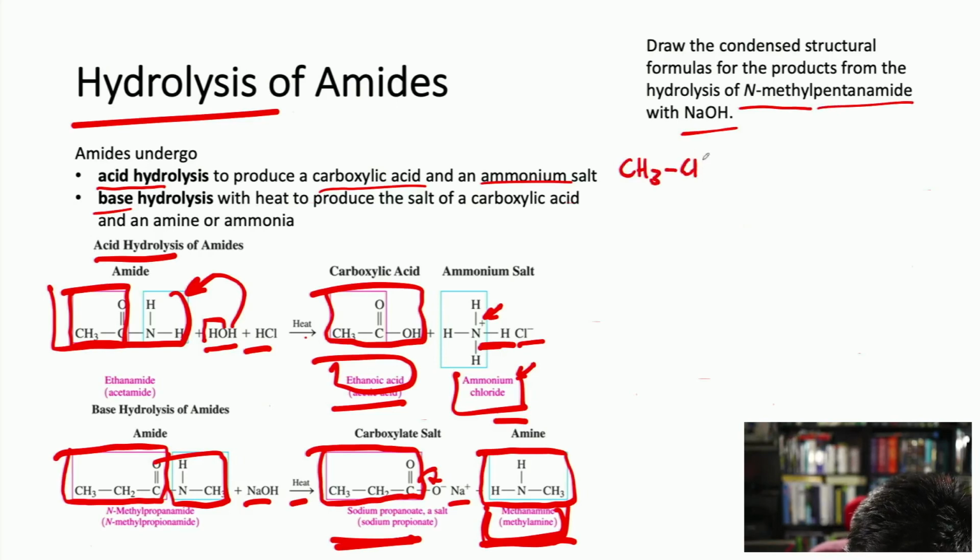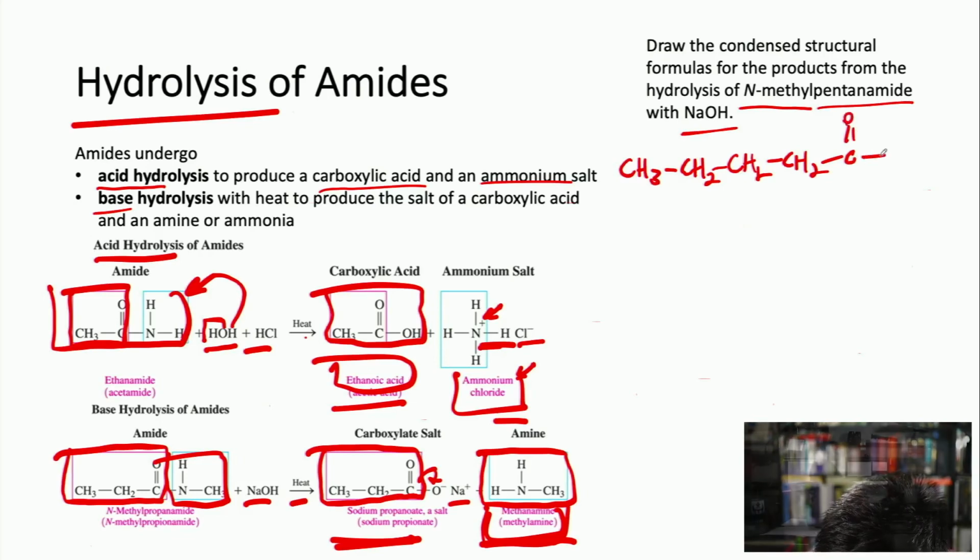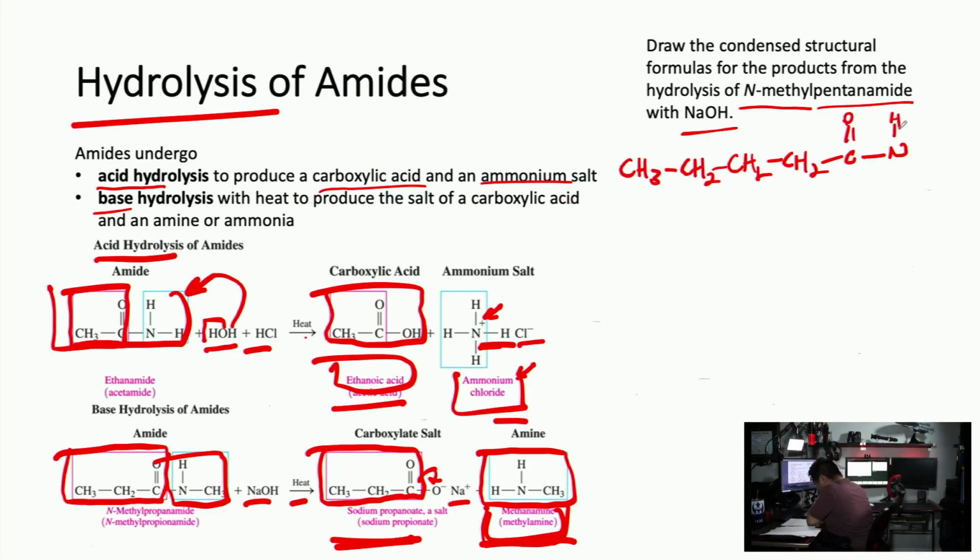CH3, CH2, CH2, CH2. How many is that so far? 4. Time for the carbonyl, makes 5 carbons, right? And then the amide part, and then there was a methyl group attached to it. How did I know there was a methyl group attached to the amide part? Because of the N-methyl part right here. I'm going to add some sodium hydroxide,